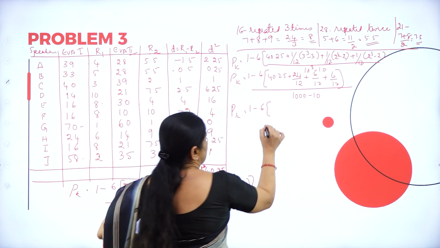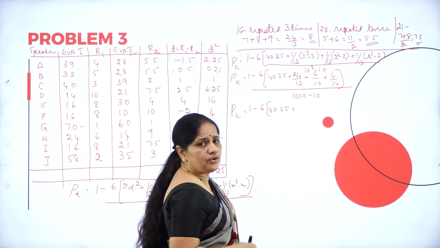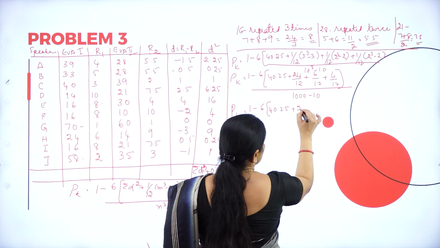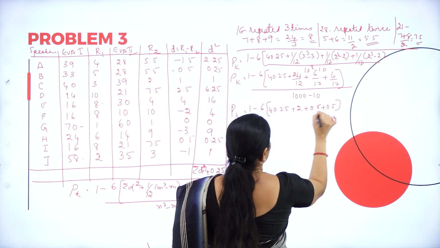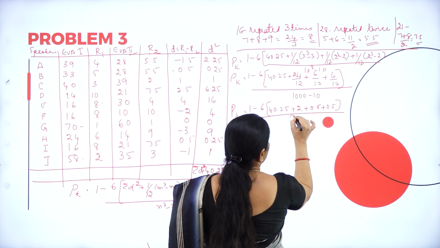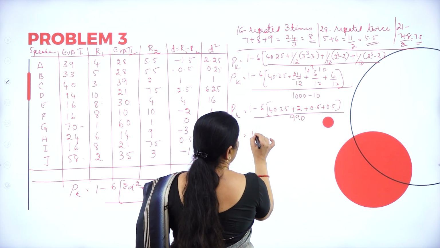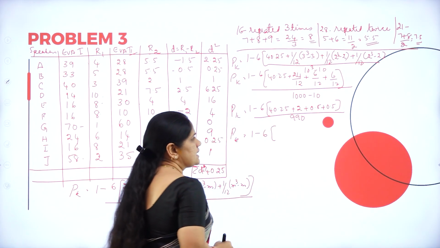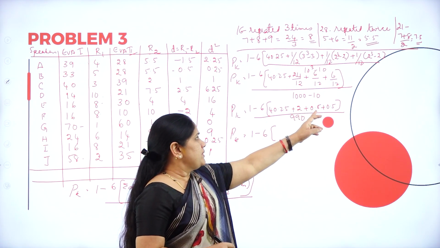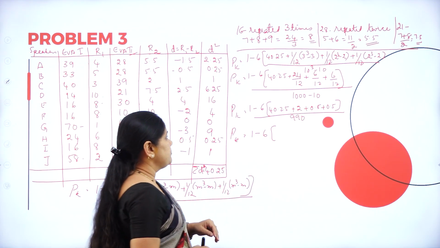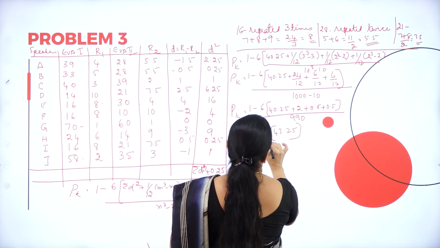40.25 plus 24 divided by 12 is 2 plus 0.5 plus 0.5, whole over 990. Now this will be equal to 1 minus 6 into, so 40, this will be totally 43. So this will be 43.25 whole over